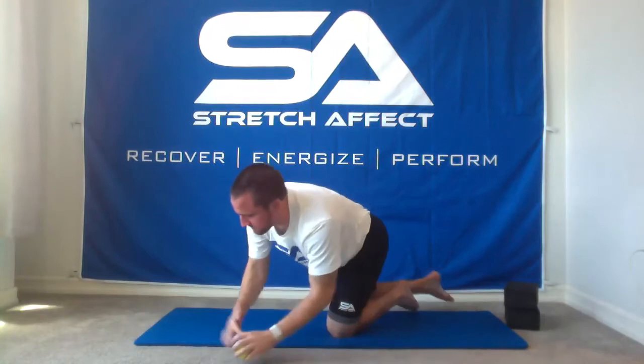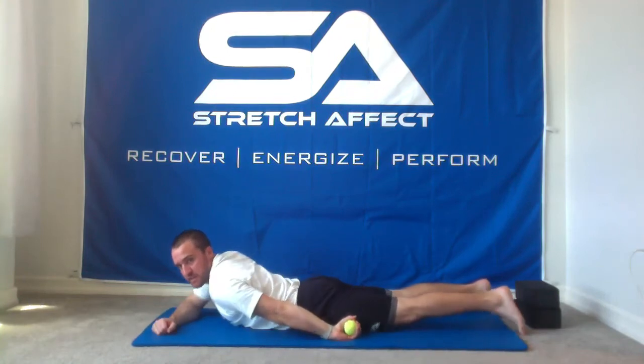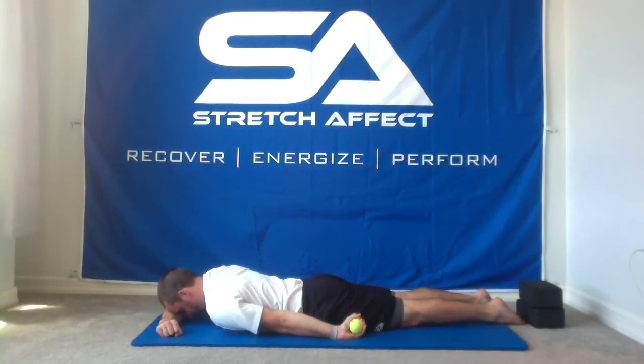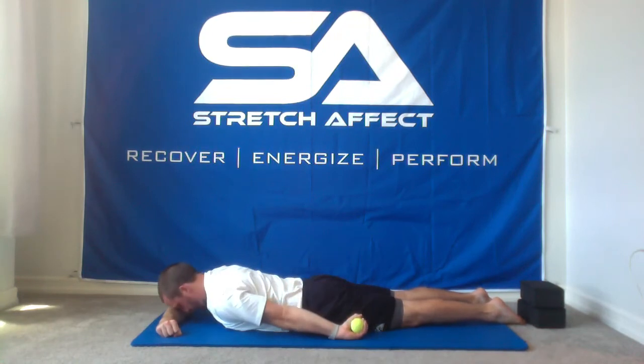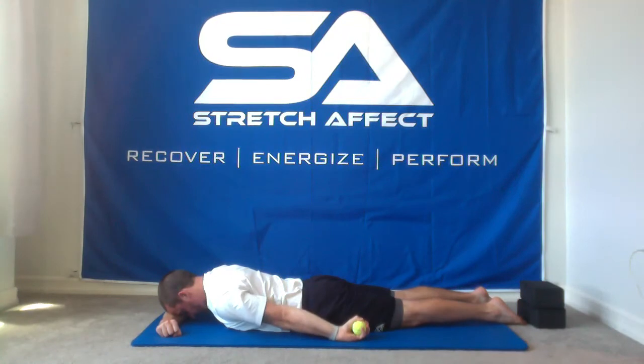Extension on the left shoulder. Again, once that way, grab the ball, internally rotate, forehead on forearm, body stays nice and tight, core is engaged, bridge it down, and extend. Back down. Extend. 2, 3,